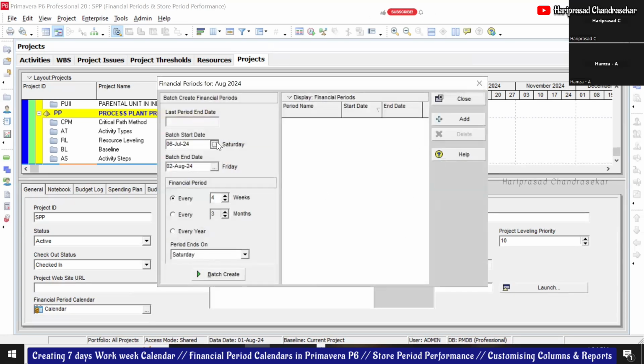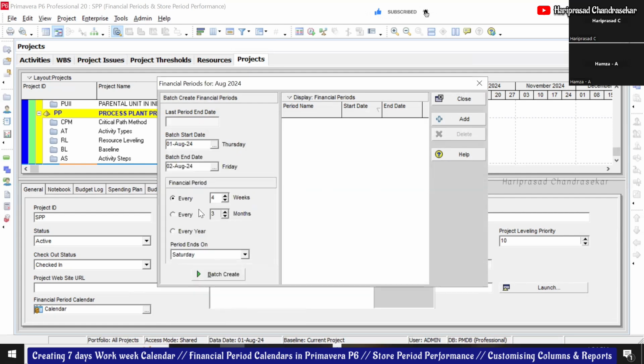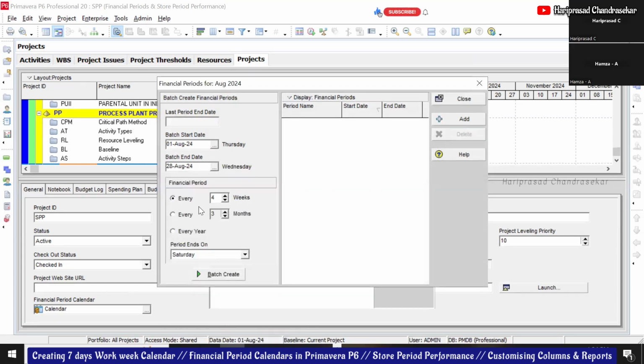Then I can put a start date as August 1st, and it is going to end by 28, every 1 week.